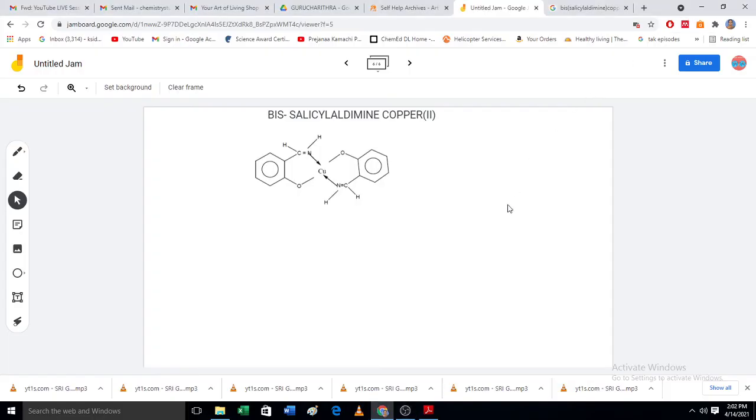So good afternoon friends, once again in this video we'll see the ESR of this complex. This salicylaldimine copper 2 complex எப்படி ESR வருது அப்படிங்கிறத பார்க்கலாம். In the previous video I think you remember we have seen Drago's rule and that is going to be applied in this particular structure. So this is the salicylaldimine copper 2 complex.